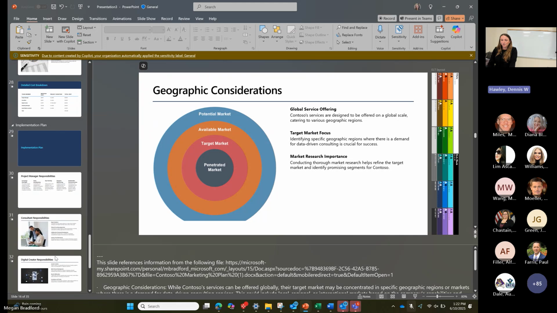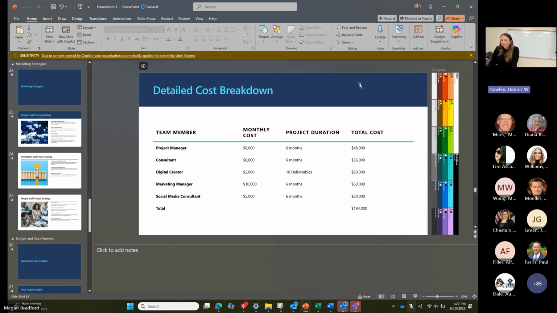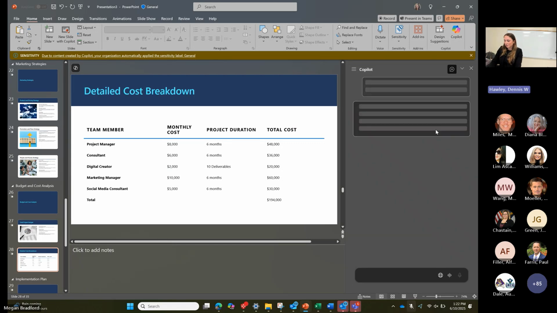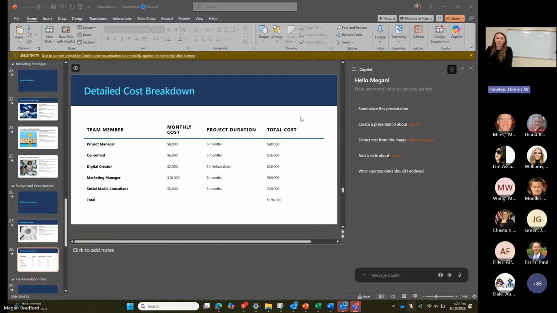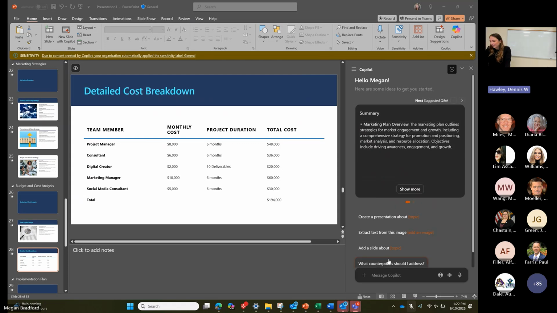Something else that's pretty cool is there's that cost breakdown. It put it out into a table for us. Those are just numbers originally in the document, but now it's visualized it. Let's say I want to keep playing with it because this is just our first draft. That took away all of the heavy lifting, the organization, the structure. Now we can take a little bit of creative freedom. So let's see, maybe let's suggest,